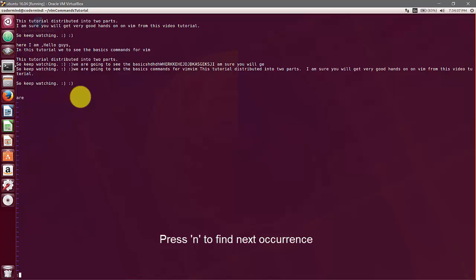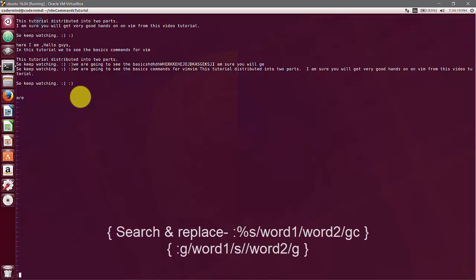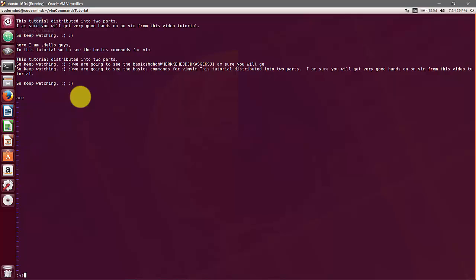Now we will see how to search and replace a character or word in the file. For that you have to go into command mode, press : then %s. This will search your word. Now I want to search the word going and replace it with capital Going.